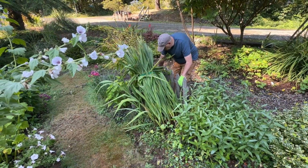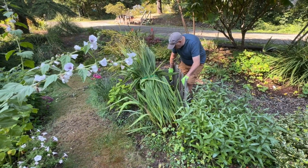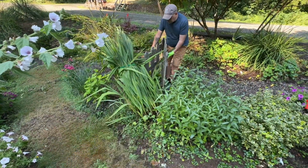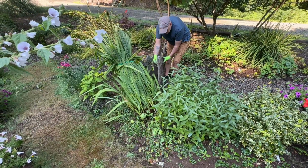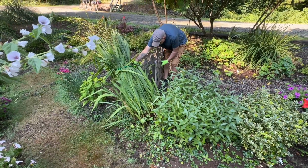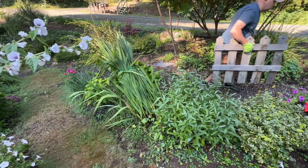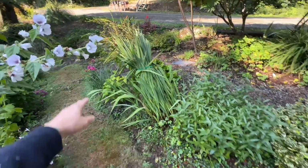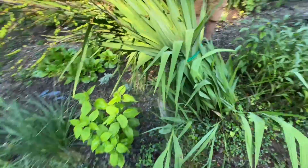We built this cute little fence. Spencer built this cute little fence to help prop up this crocosmia because it's on a hill and gravity pulls it. Well, oh, it's tied. But it's gotten too big for this space, and we planted this hibiscus here that will get quite large